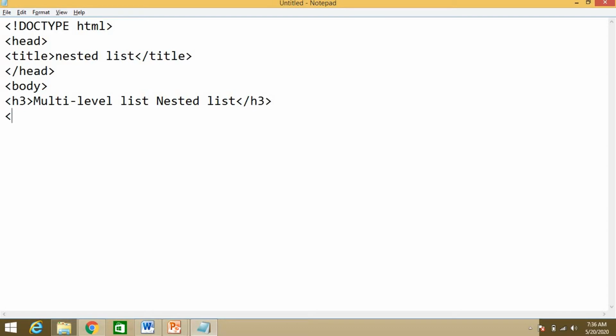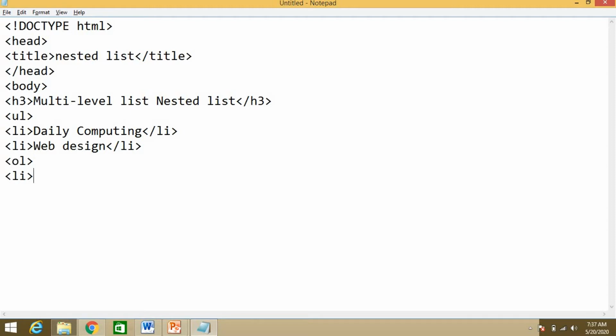Now after that use the UL tag, unordered list, and li. We can write anything: daily computing. Close this li tag. Now after that li, web design. Close this li tag. Then the OL tag. Inside this, li, HTML file. Close this li tag.